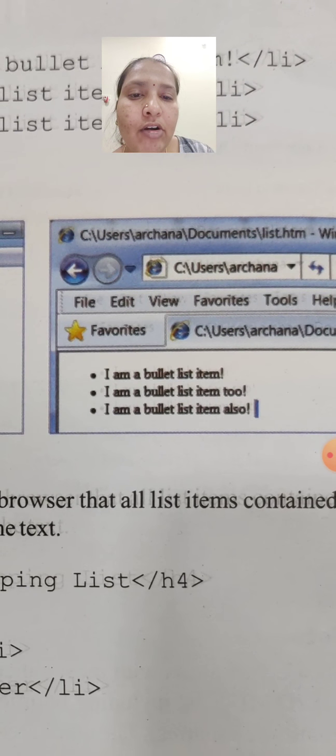See here, these are all unordered. That means there is no sequence, because they have used bullets over here, that is dot. If they have used alphabets or numbers, then we can call it an ordered list. They have used bullets, so we call it an unordered list.